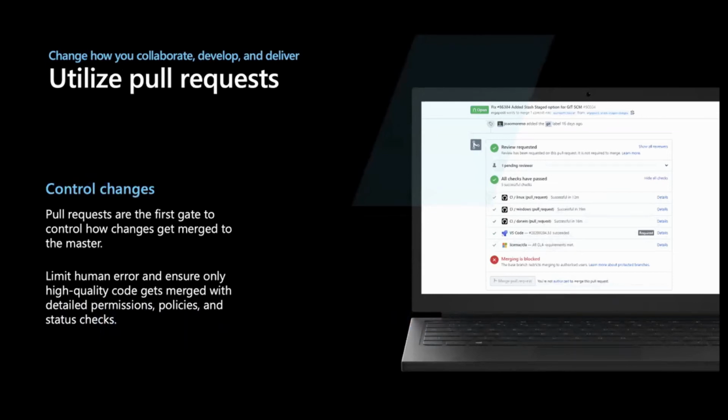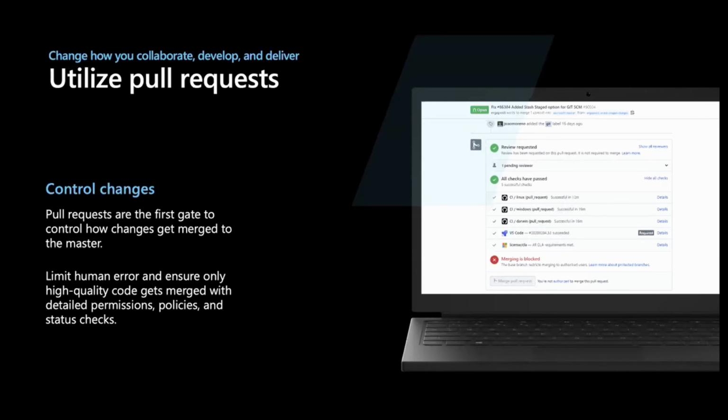We've talked about inner sourcing and this idea of being able to use pull requests. Really important concept from a DevOps perspective. Being able to have some part of our code base which is production ready, so we can push those changes out at any point if we need. But to make that very controlled environment, we need a way to control the changes that go into that code base. The way we do that across Microsoft is by utilizing pull requests, controlling and gating those changes before they can go in.